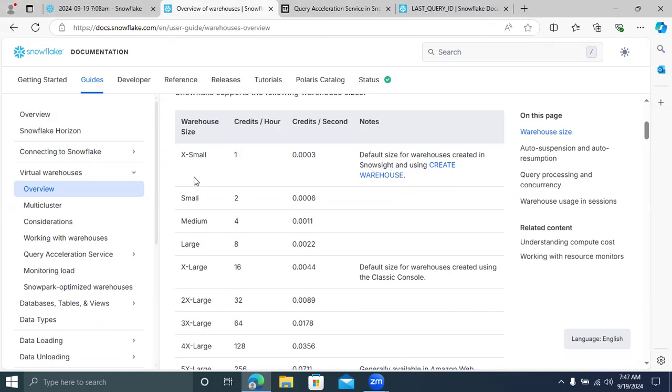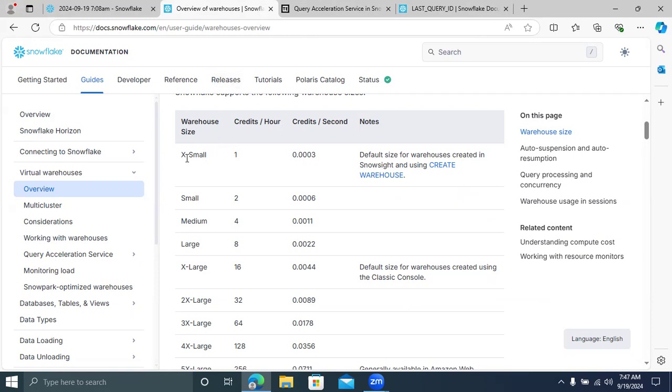We have to go for query acceleration services. That service, what will it do? If you give scale factor as 8, 8 XS warehouses will be created, and then it will improve the query performance. Okay. Now you might ask a question: how does it improve query performance?